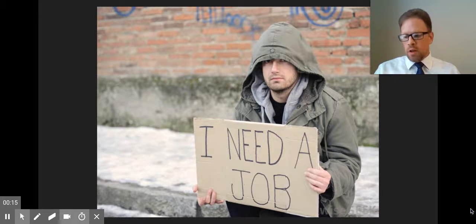Now, shockingly, unemployed people are those who are willing and able to work at current wage rates, but do not have jobs. When we talk about unemployment, this actually implies that the nation is not using its scarce resources as effectively as possible. People who are unemployed usually have less income to buy goods and services than those with jobs. Shocking, I know. The government provides income to some unemployed workers until they can find jobs, and that's usually in the form of unemployment benefits. The rate of unemployment is affected by the cost and benefits of searching for a job.